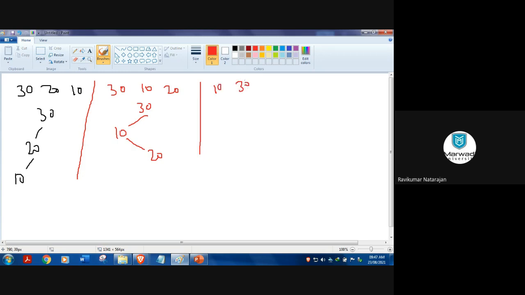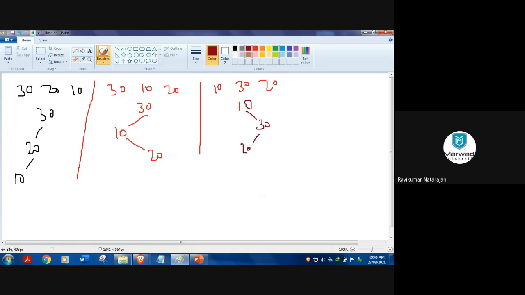If I have an order like 10, 30, 20, what are the possibilities? If I have three keys, 3 factorial means how much? 6. So now I will get 6 possibilities for the same keys but with different sequence, right? So here it is 20, with 10 here, then 30 on the right side, because you will see the same kind of left and right subtrees in your AVL tree. There we will apply rotation. That's why I'm drawing all the possibilities. So here comes 20.